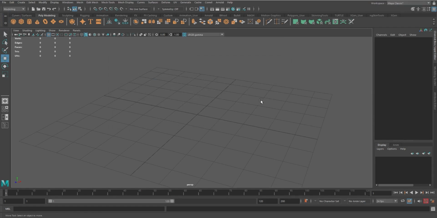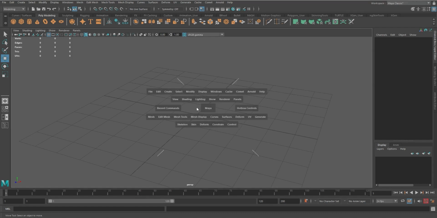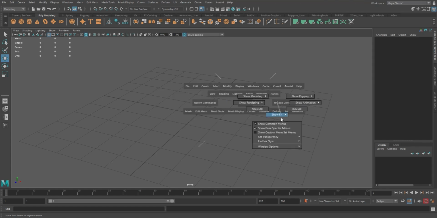With that in mind, we'll switch back over to modeling, and you'll also notice that one key element of Maya is the hotbox. What the hotbox is: if you hit the space bar, you get this hotbox, and most of these the hotbox controls,